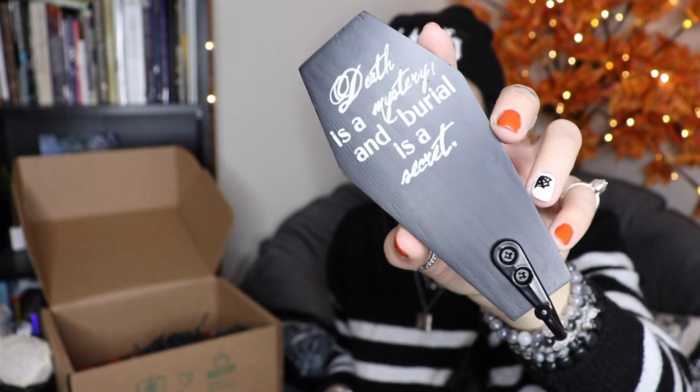So I don't know what I'm gonna do with this, but I think it is so cute. It makes sense though, like I'm in my office almost more than I am at home, so it makes sense why I should be decorating more. I did add a salt lamp to my office. I have some plants in there, my tapestries. I just really want to decorate a little bit more. So I think this would be really cute to put in my office and just make those spooky vibes